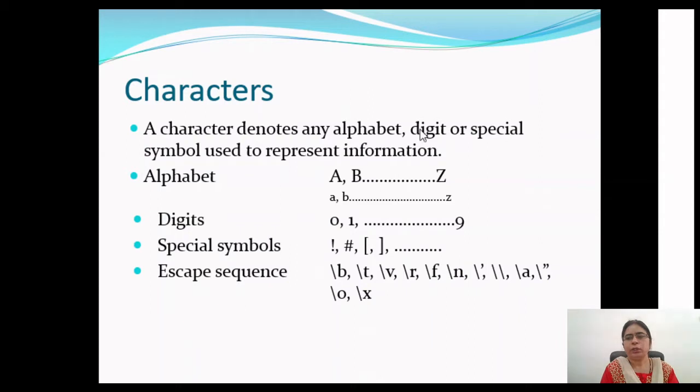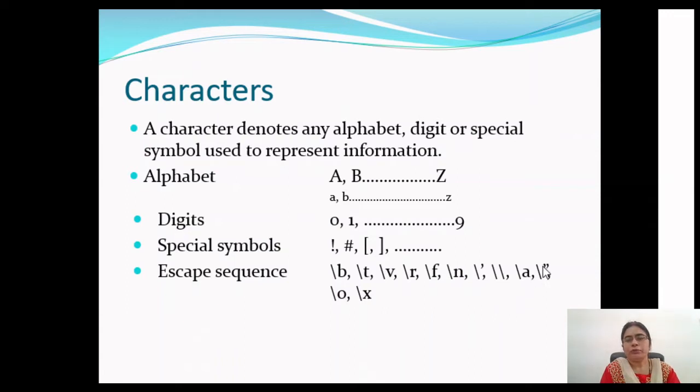Slash single quote: normally single quote, we'll see it later on, is used to denote the character constant. So if we want to print a single quote, then we will use backslash and then the single quote character. To print a backslash character, we will use double backslash. Slash a is to generate an alarm signal.